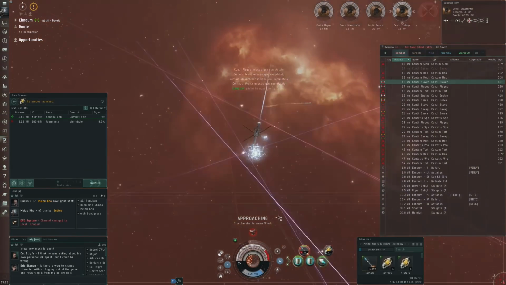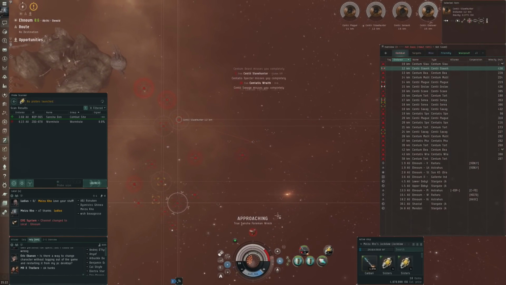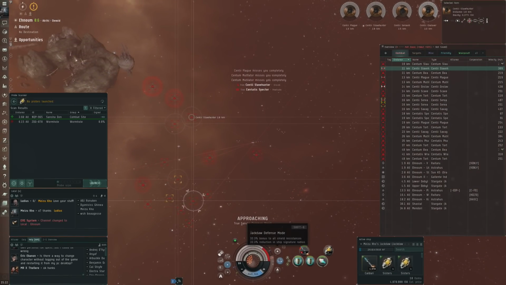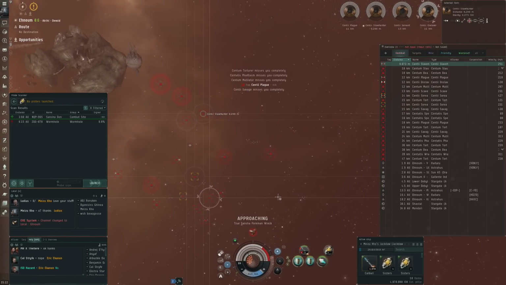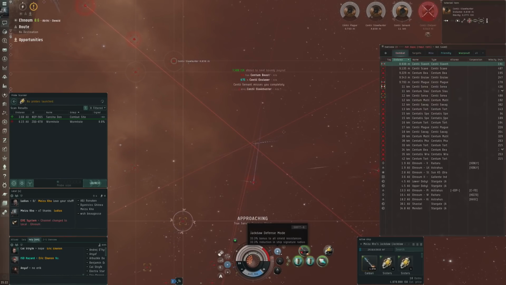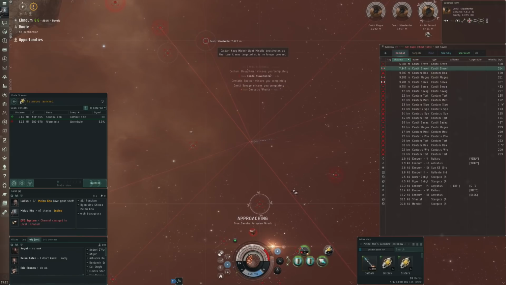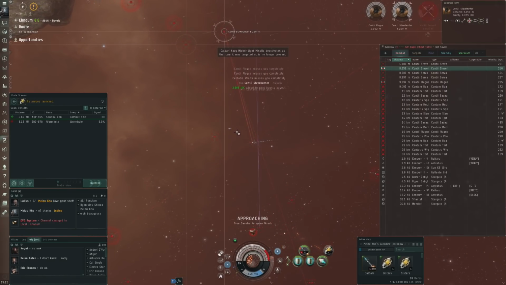Now I'm taking a bit more damage. So am I still far away from that bloody wreck? Yeah, I'm actually going to have to dive right in there. So I'm actually going to go into reinforce mode. So this should increase my resistances by quite a bit. Then we're going to see how we handle...